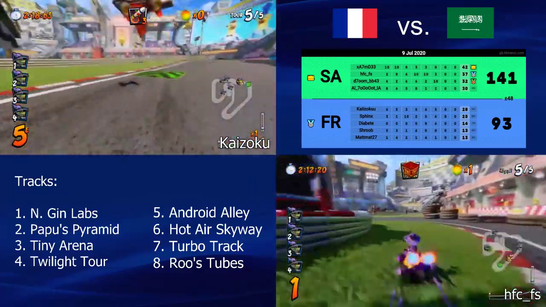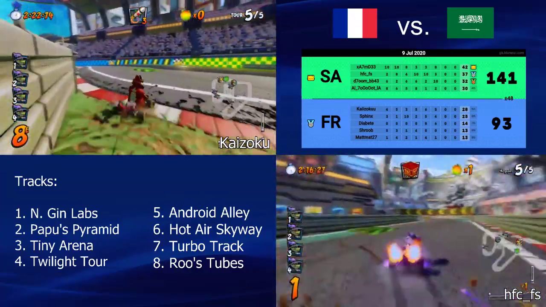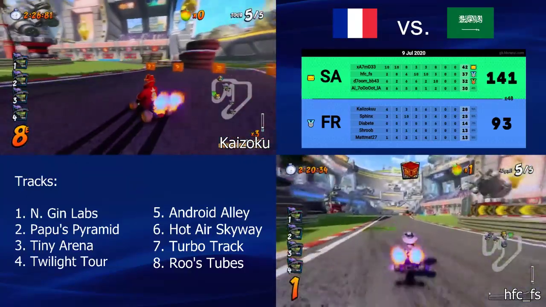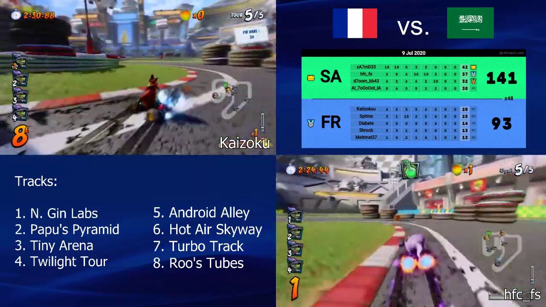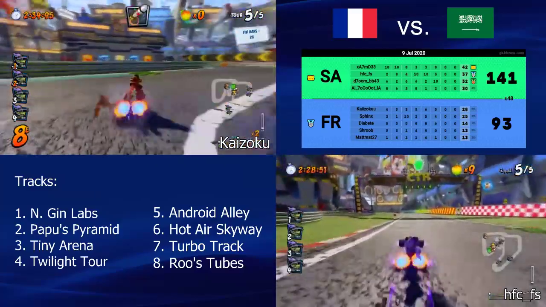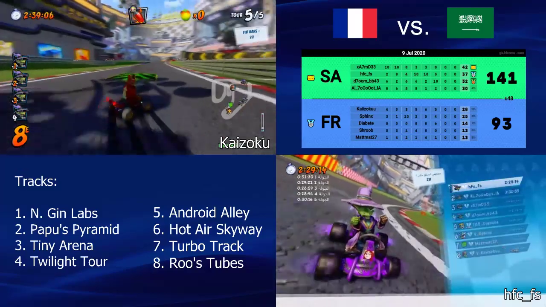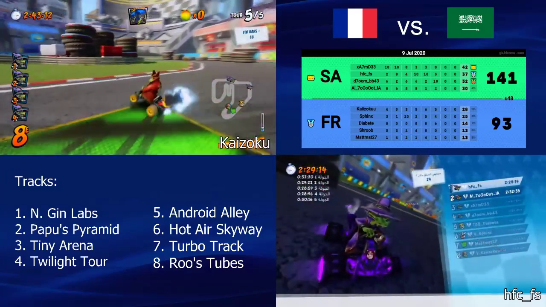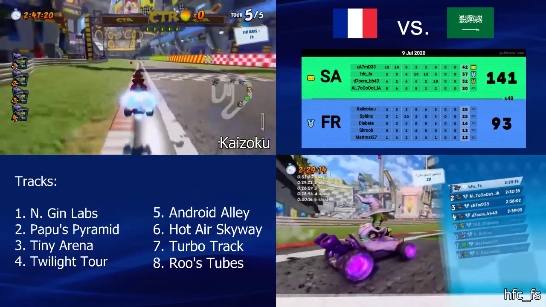Oh, that's a sick back missile. Holy shit. Yeah, that's something a lot of teams don't actually do, back missiling people on Turbo Track. For anyone who doesn't know, missiles usually don't get players on Turbo Track because the missile is a lot slower than the blue fire here. But if you back missile people, you can actually snipe them pretty efficiently, because it's a very, very wide track, so you can do that easily.